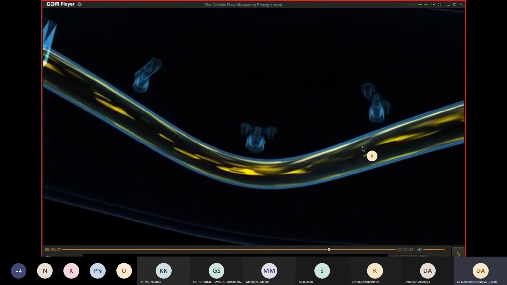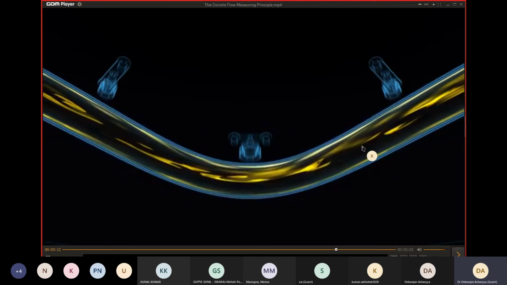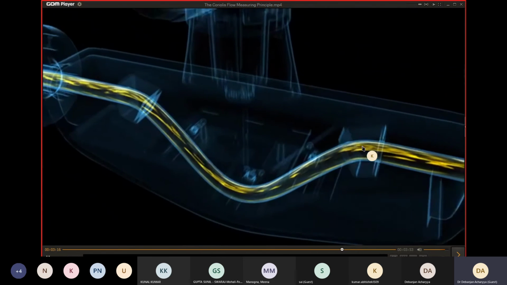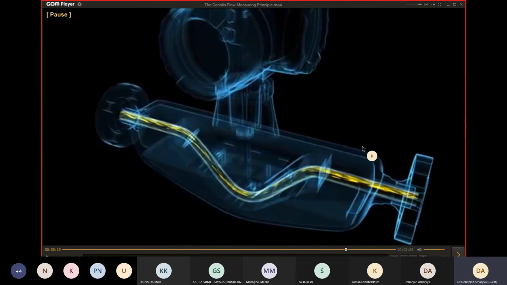Both the density and the flow are determined simultaneously but independently via the tube oscillation. Endress and Hauser has continuously revolutionized and perfected